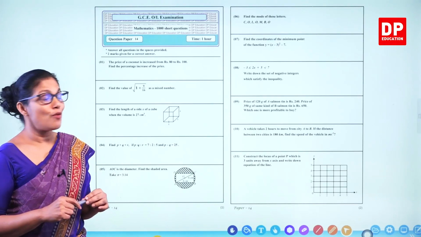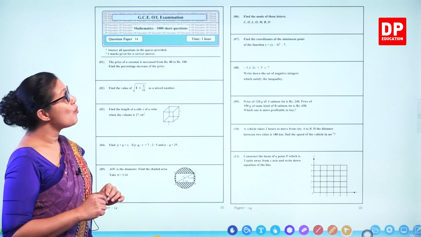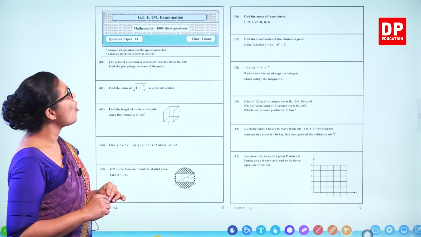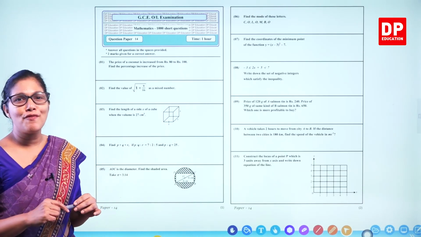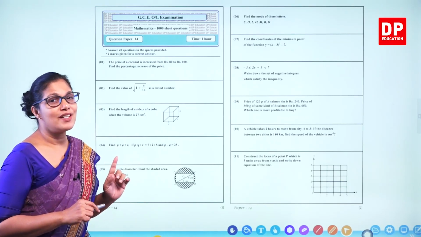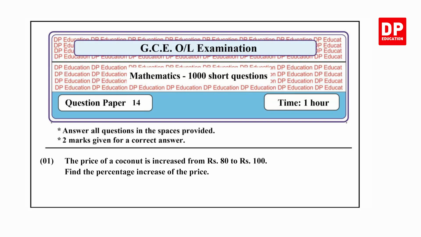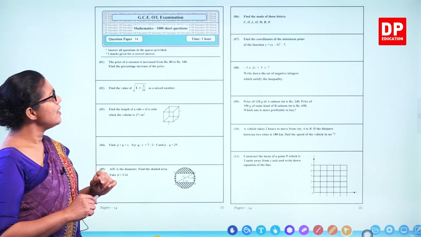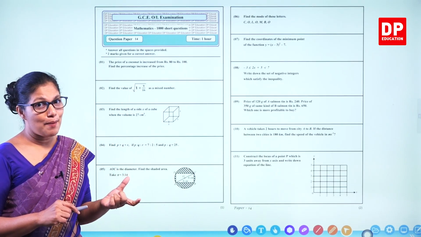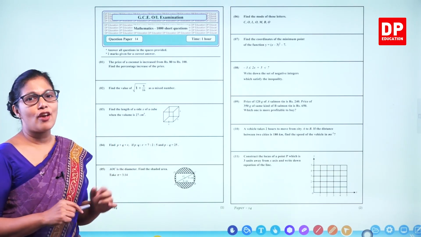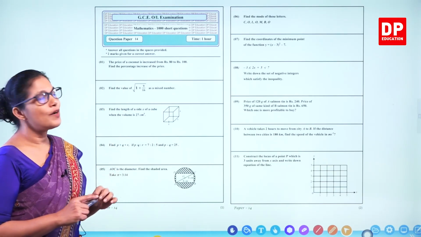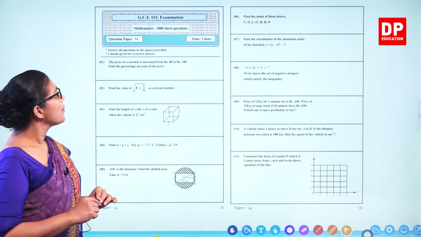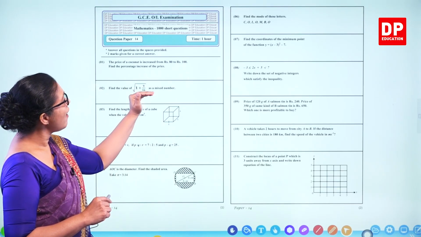Hello students. Today I am going to do GCE O-Level Examination 1000 Short Question Series, Question Paper 14. We have already covered 13 papers. Each question paper consists of 25 short questions and you get only 1 hour. That means you can spend 2 minutes per question, and for the remaining 10 minutes, you can double check your answers. Each question is worth 2 marks and spaces are given, so you can write down the answers